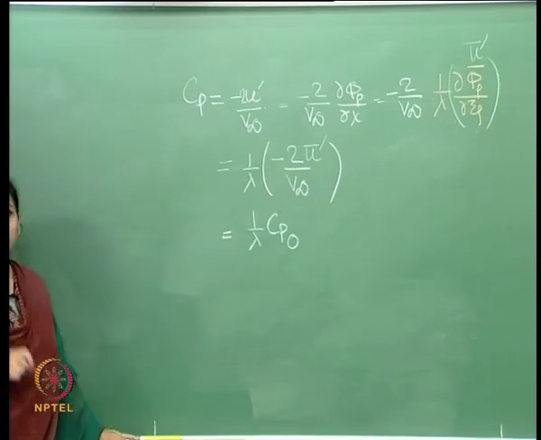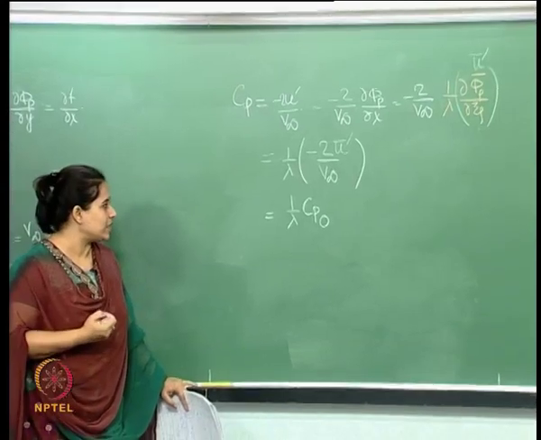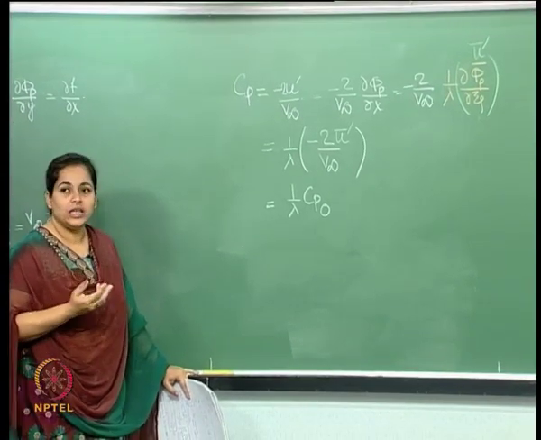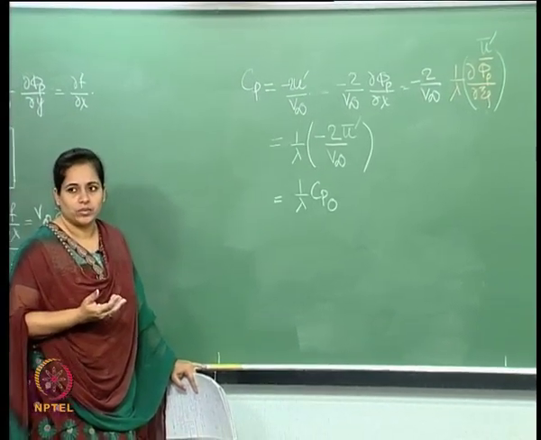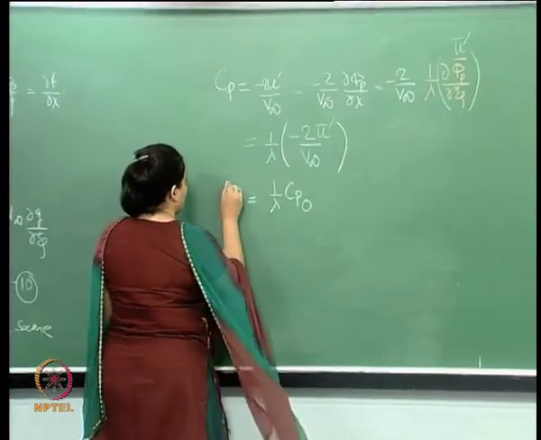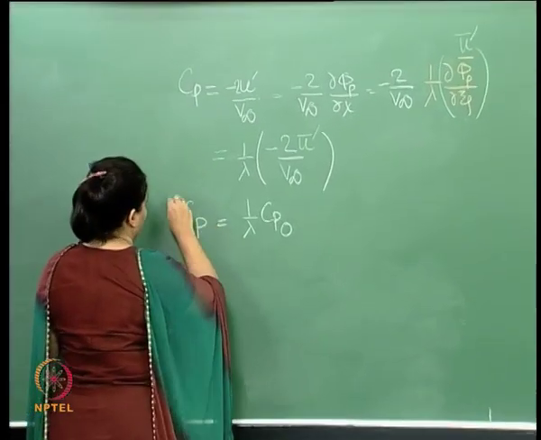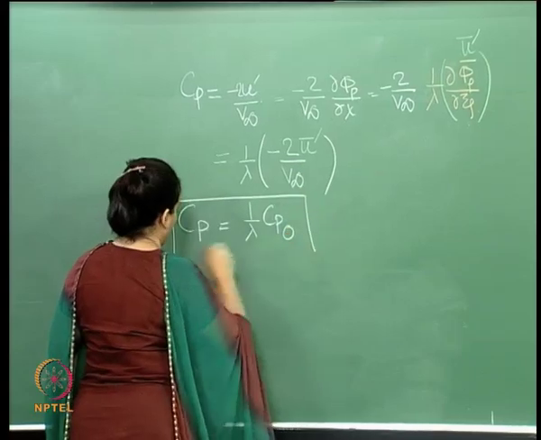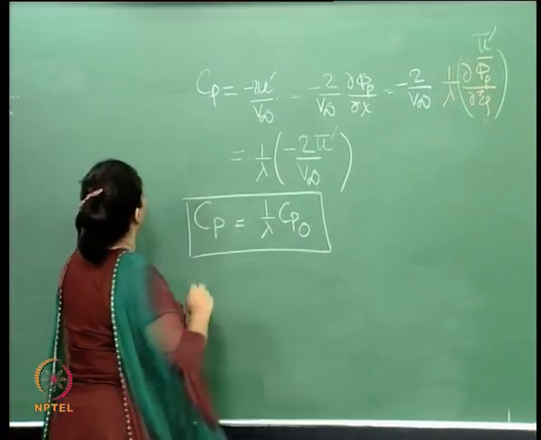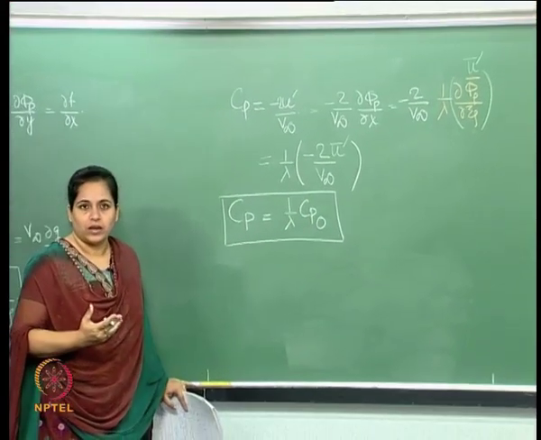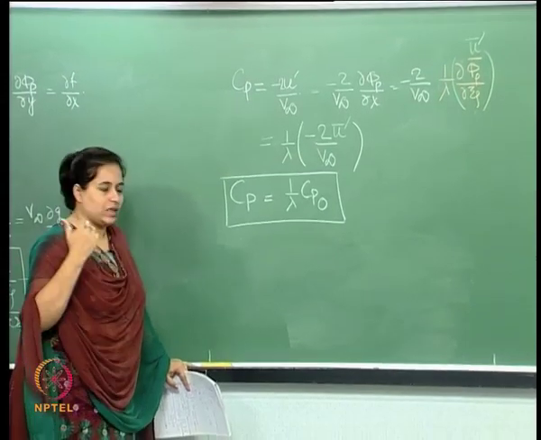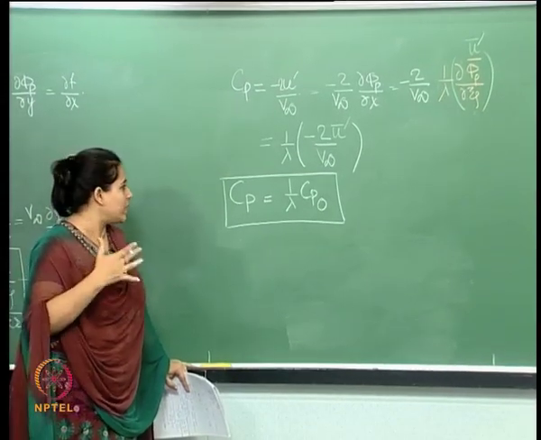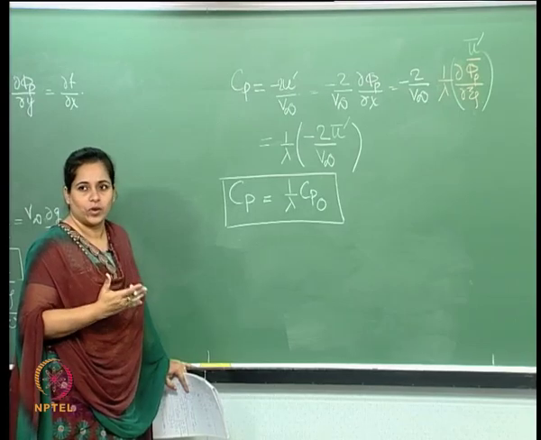So, the Cp naught is basically the incompressible pressure coefficient, right. So, therefore, for the case that we are considering, for any 2D subsonic flow,